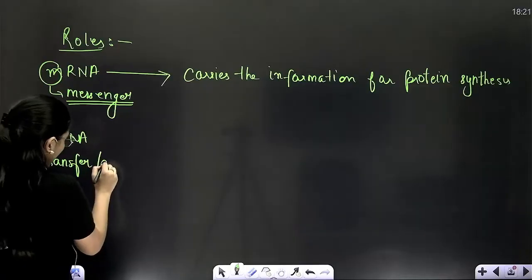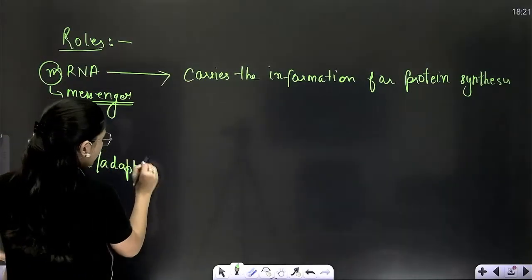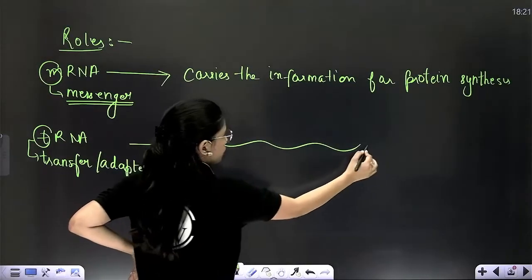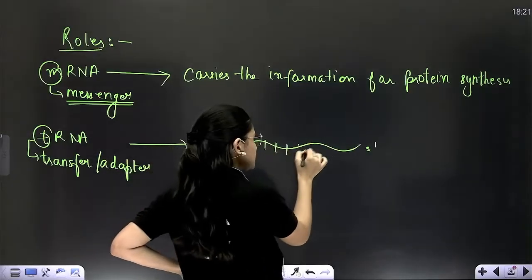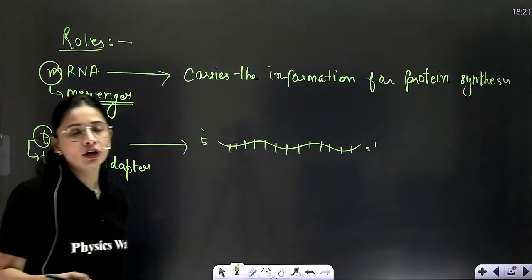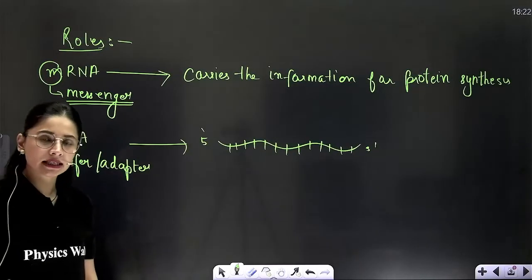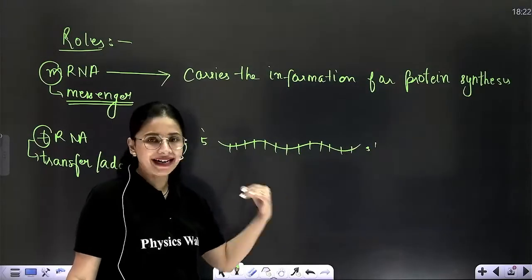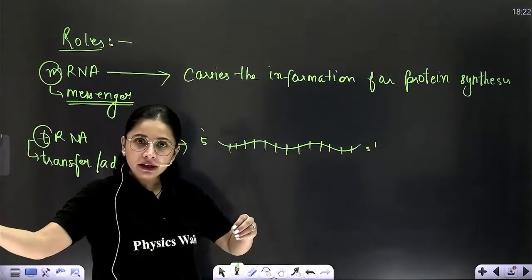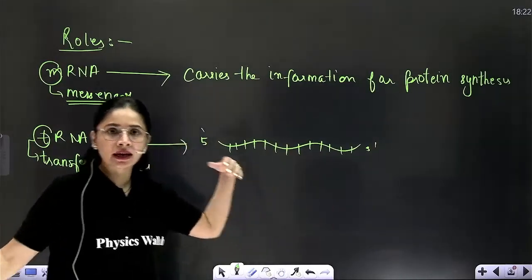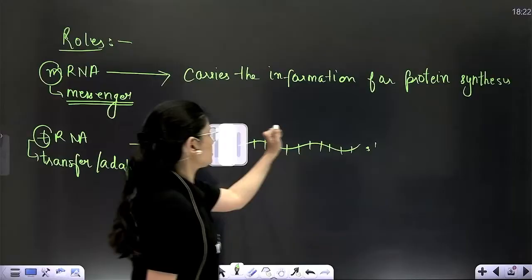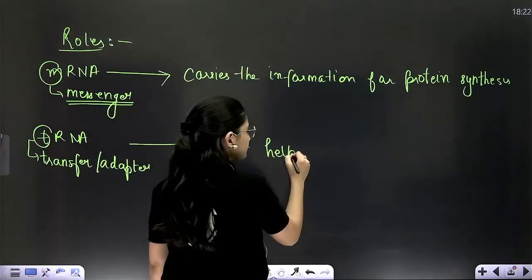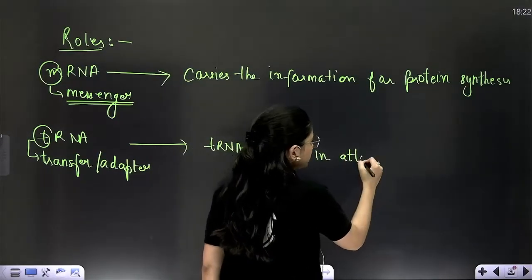It is also called adapter RNA. Why? Because its function is, suppose this is mRNA. Now, mRNA has a set of nucleotides which need to be read so that they can be converted into protein. Correct? To produce protein from these nucleotides, amino acids should come and bind with them. So, to join amino acids on the messenger RNA, tRNA is utilized. So, basically, tRNA helps in attaching